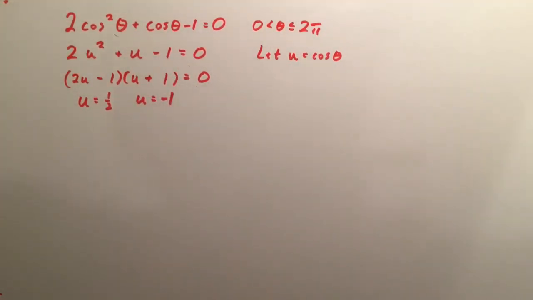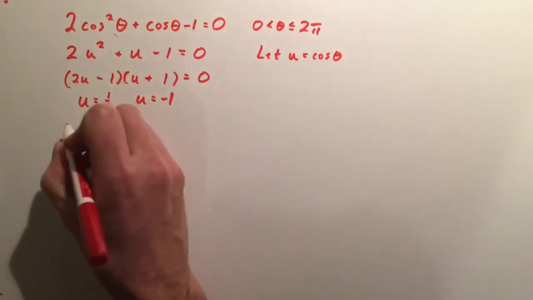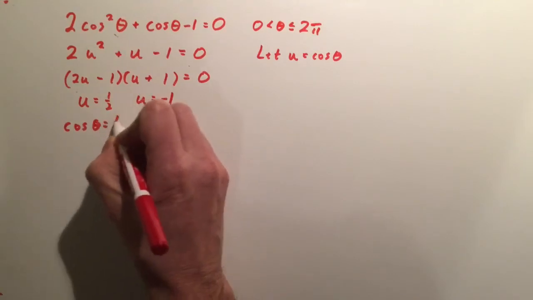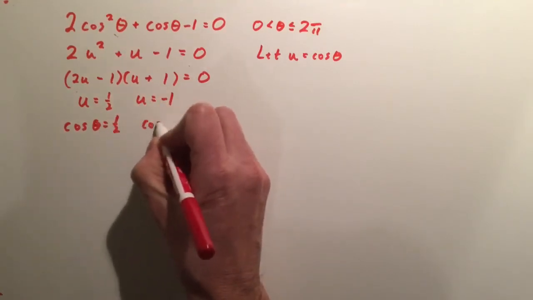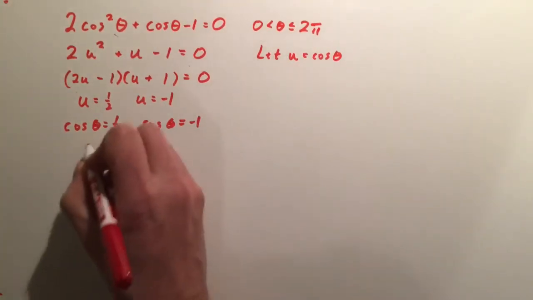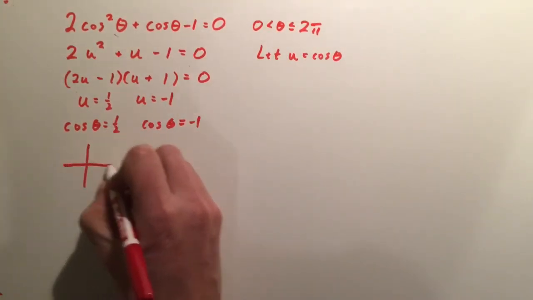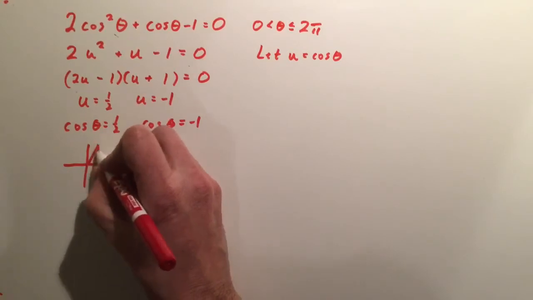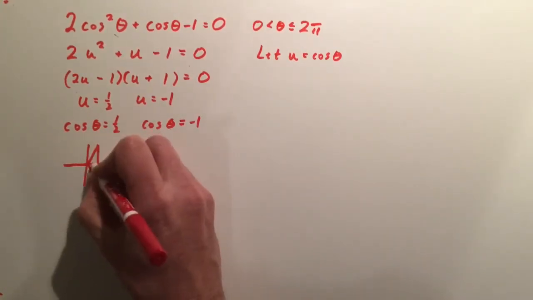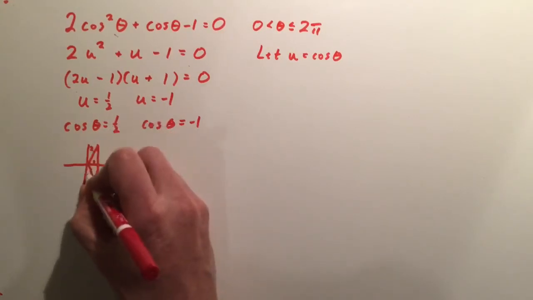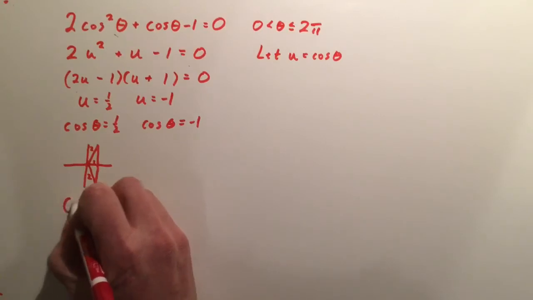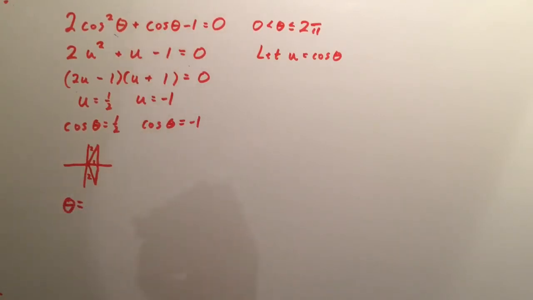Now, I'm not really interested in u again, so I'm going to substitute my cosine theta back into it. Cosine theta is 1/2, or cosine theta is equal to -1. I know that cosine is positive in the first quadrant and also in the fourth quadrant. So that's a 1 and a 2 and a 2. And I know that that related acute angle, or that reference angle, is going to be